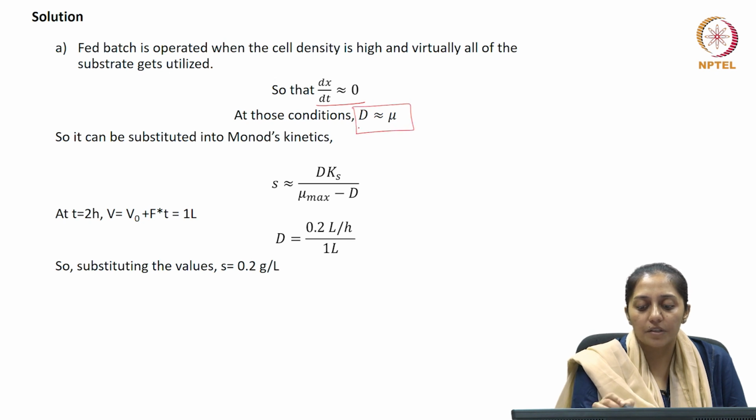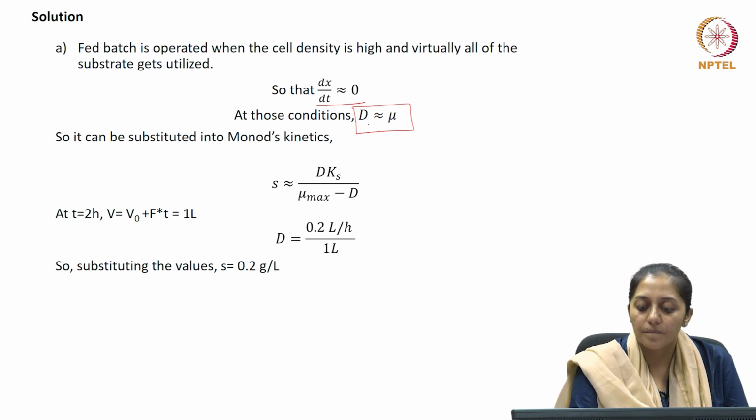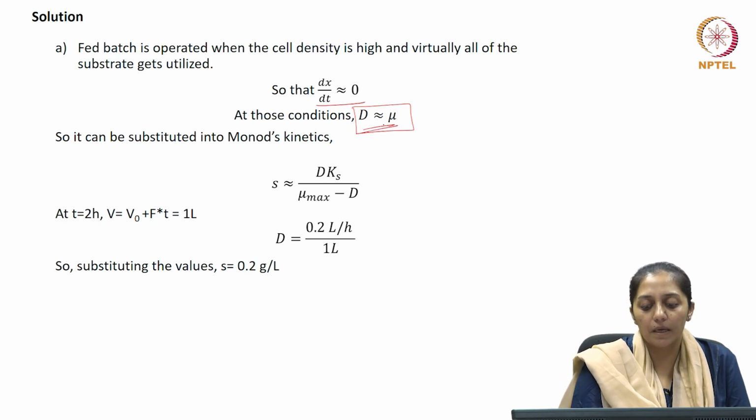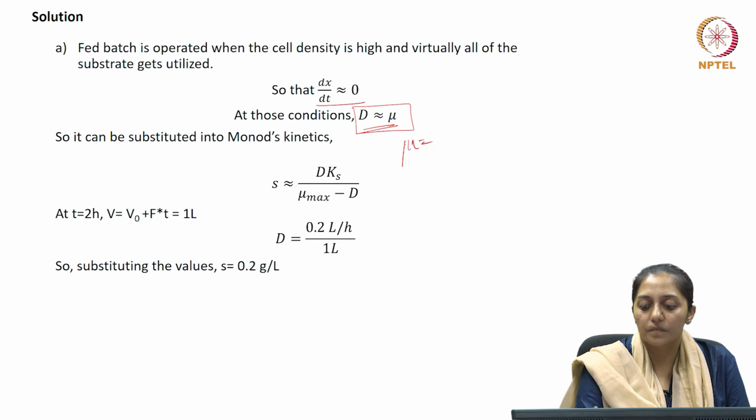Under such a condition, your specific growth rate, as we had done earlier in our theory classes for fed batch cultivations, the correlation between the specific growth rate and the dilution rate is as shown here, that both become equal. Now, if the culture is following Monod's kinetics, then applying the conditions of steady state, which is mu equals D,